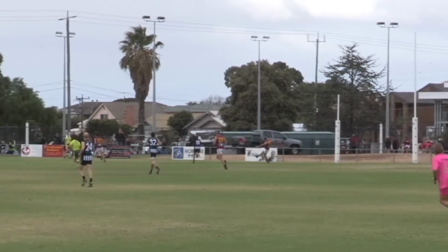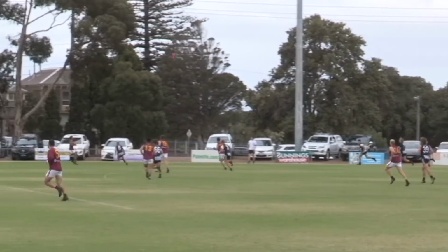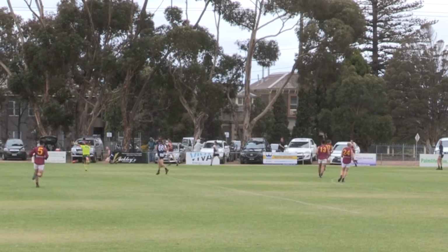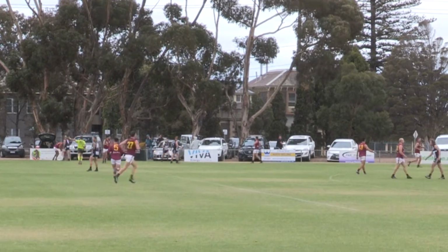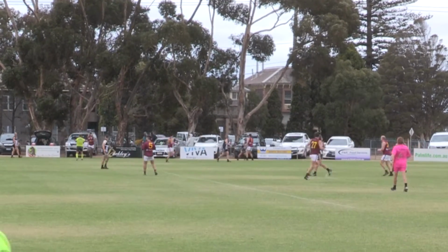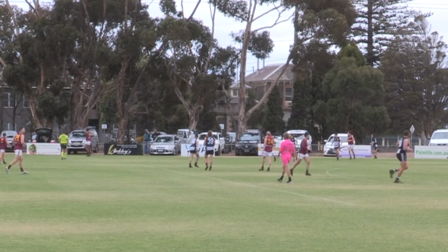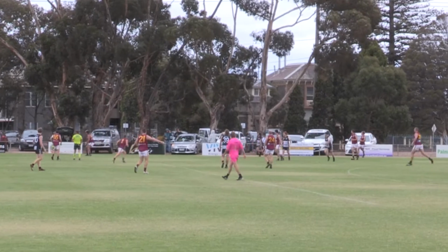Mays has got the ball, and he goes out wide. Nice kick, and got one hand to it. Ball ran through the contest, though. Arriving there to put some pressure on with George. Push him in the back. Umpire said push in the back, so free kick will go to George. Out there on the far wing. So Aidan George just waiting for some